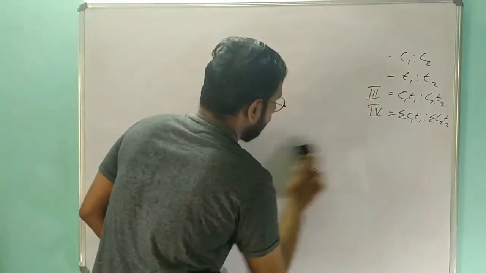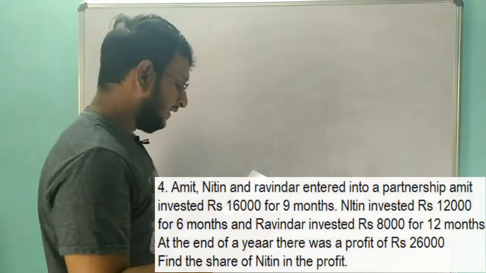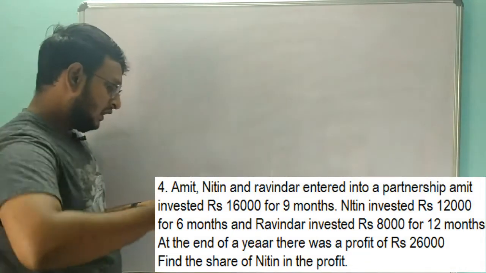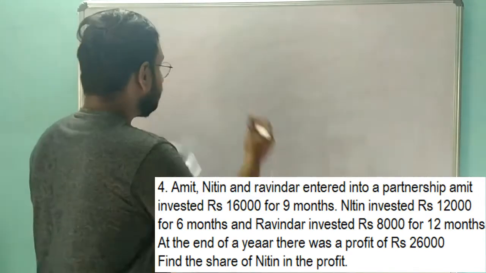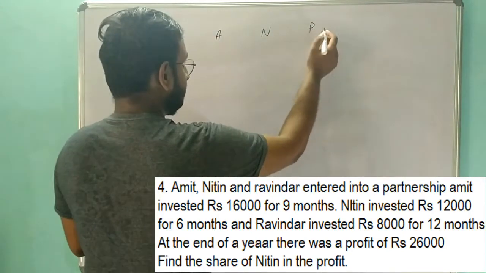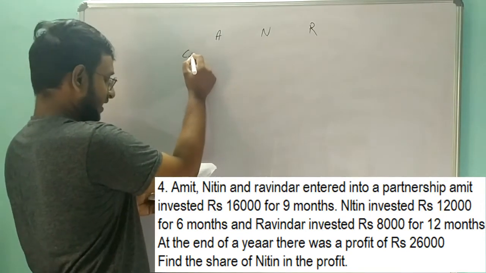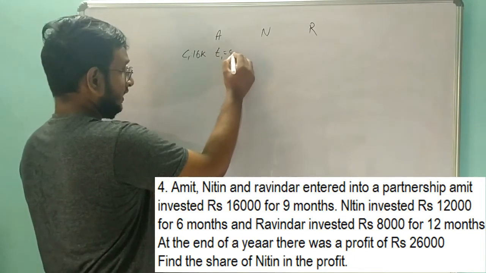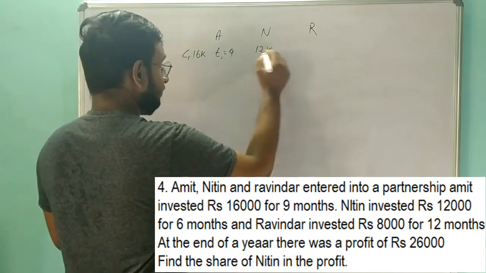So in the fourth problem, Amit, Nitin and Ravinder enter into a partnership, and Amit invested 16,000 rupees for 9 months, and Nitin invested. So there are 3 persons entering into the partnership, and their investments are 16k for a time period of 9 months, and Nitin's investment is 12k, and his time period